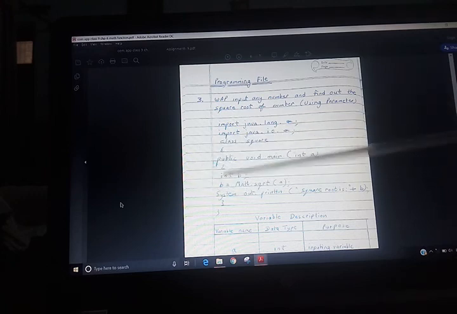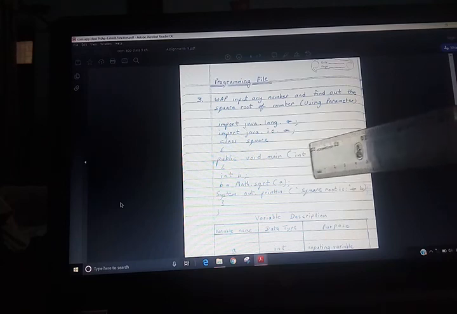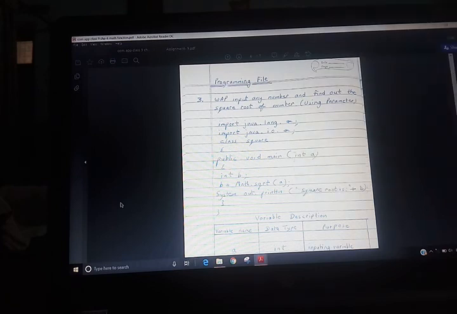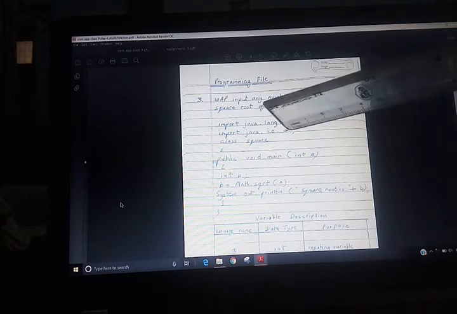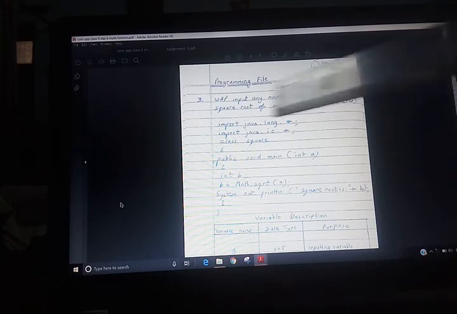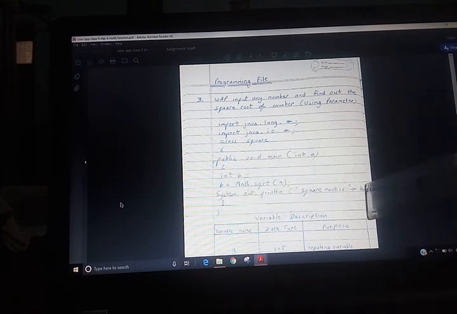Then b equals Math.sqrt, whichever number you are going to calculate the square root of, that is a. So a you are going to write within parentheses. Then System.out.println("Square root is") whatever you are going to print, that is in double quotes, plus where the value is stored. The value is stored in identifier b, so b will be there. And 2 braces are open, one for class, one for public, so we closed them.